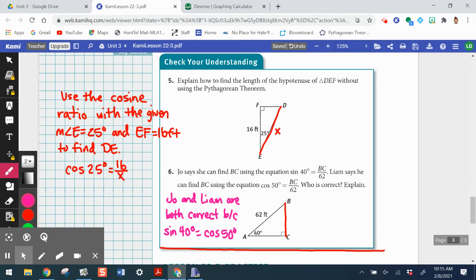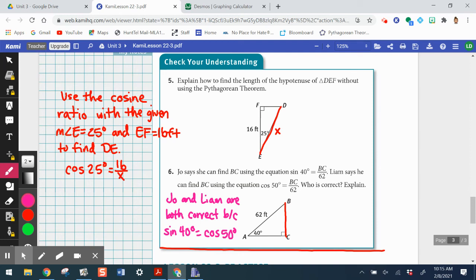Really start processing how to use these trig functions. And notice it said without the Pythagorean theorem. And I would argue that you definitely can't use the Pythagorean theorem to find the length of DE because we don't have enough information. So I said I would use the cosine ratio with the given